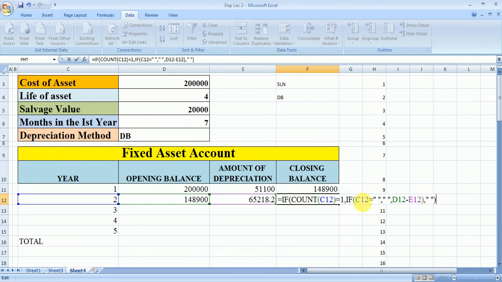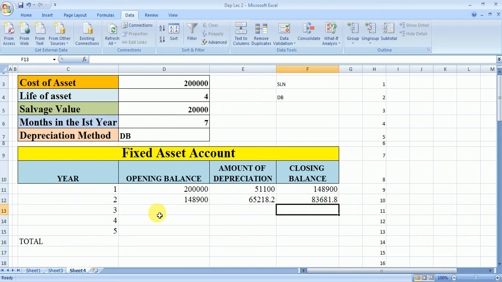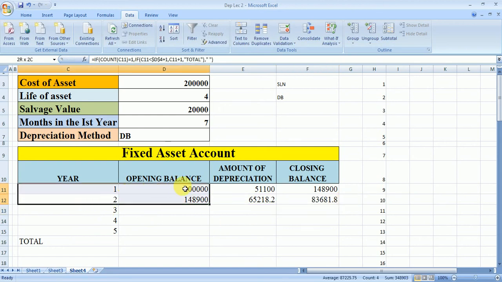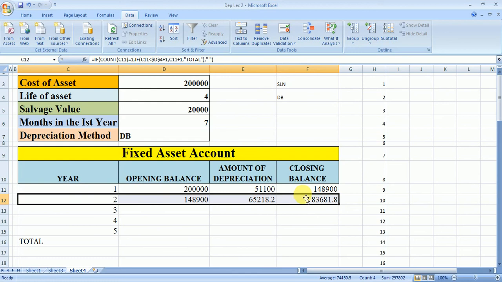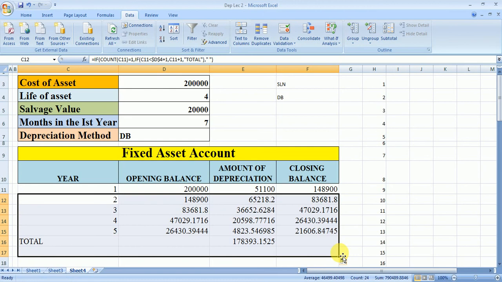So first we apply the garbage cleaning, then in order to fix the problems of the non-numeric and the numeric values, we can apply the count function and we'll drag it. So once we apply this formula, we select these 2 rows and we will drag them to the other cells.